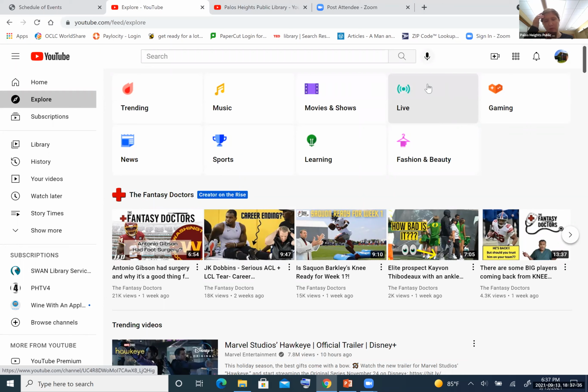Some people are able to what's called live stream, so they would be streaming the video live. They'd be online right now streaming the video to you, so you could see any channels that are live right now. There's gaming, fashion and beauty, learning, so educational videos, sports videos, and news videos.